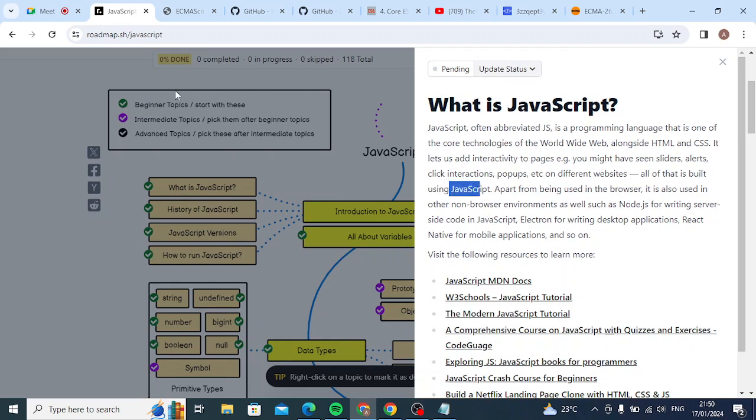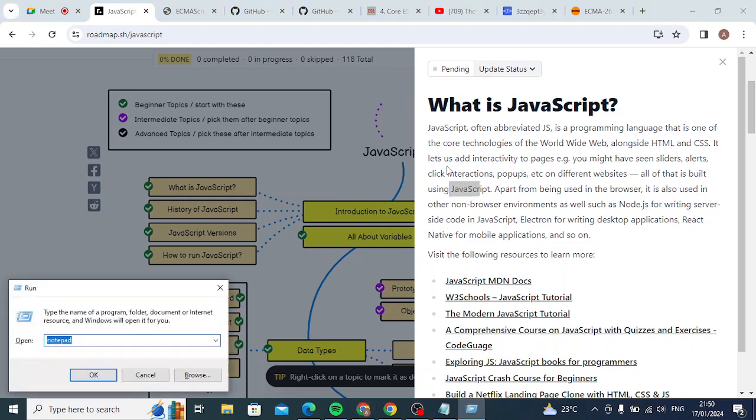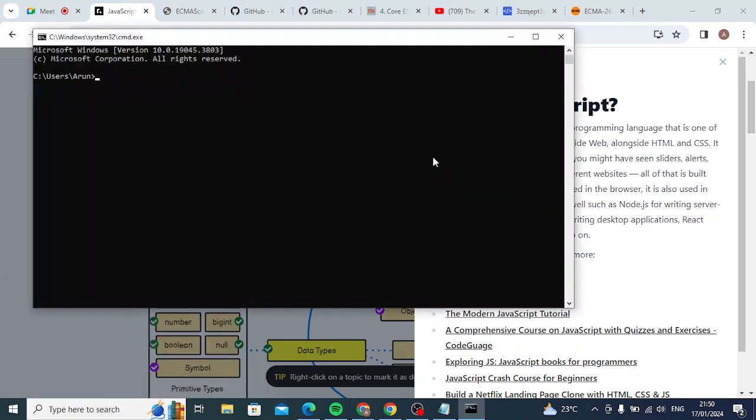But apart from client side, it also works on non-browser environment. Example, I can even run this JavaScript on my terminal also. Okay, I can run this at my terminal. So let's say let first name is equals to 10 and I want to access first name. See, I'm able to get it. I can define a function here. Function add a comma b, and I can do return. See, I'm able to invoke that function also.